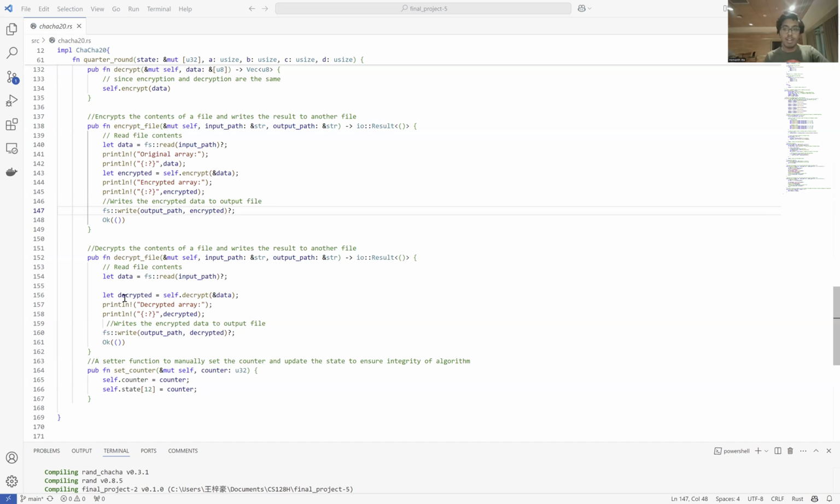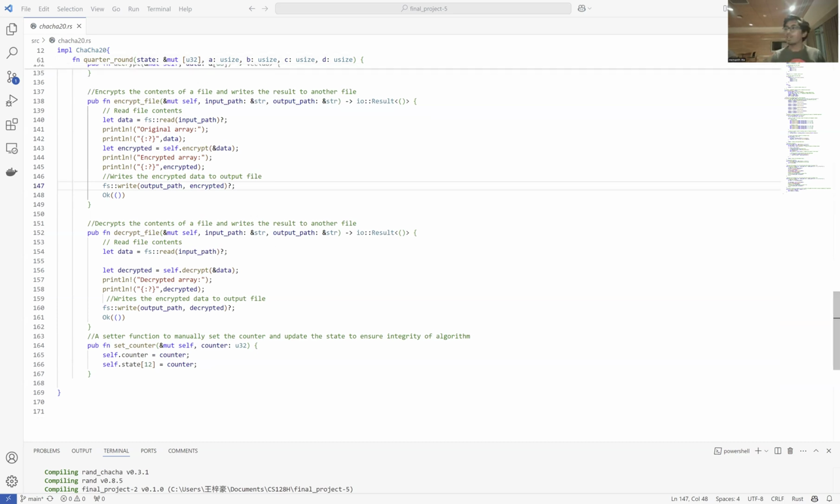Updating the counter in the corresponding state will ensure that the key stream stays in sync with the data. That's just an overview of our code. And Zihao will now take over and show a demonstration of our code. Yeah, hi, I'm gonna go ahead and run this